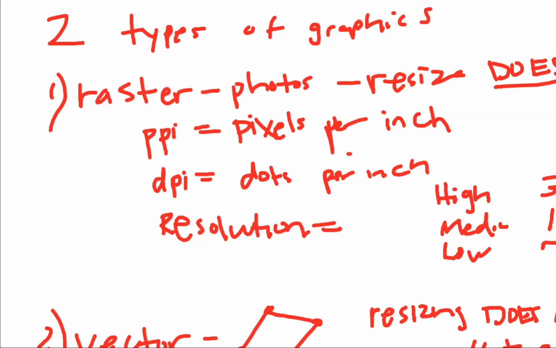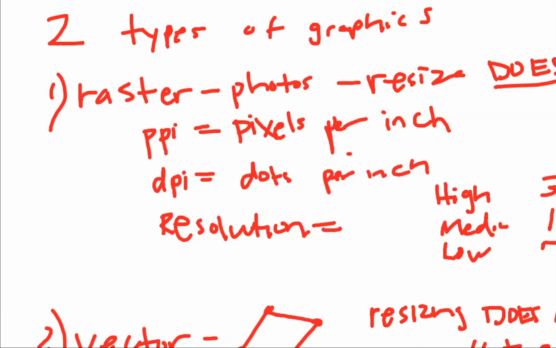Now, again, just kind of a history lesson here. 72 has always been the default for low resolution. However, with today's environment of our computer screens becoming more prominent and more precise, if you will, that value can actually be bumped up to 96. So in some cases, if you see somebody that's created a document that has 96 pixels per inch, you still understand that it's for digital usage. We're just trying to bump it up for people who have computer screens that have a little bit better image